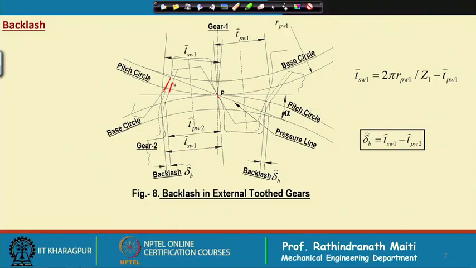To prevent that, what is there? Usually a gap is provided which is called backlash. Now, this backlash is usually generated by overcutting a tooth a little bit. Suppose we are not changing the center distance that has been calculated. In that case, if we make the standard gear such that the tooth thickness there at the pitch circle, say